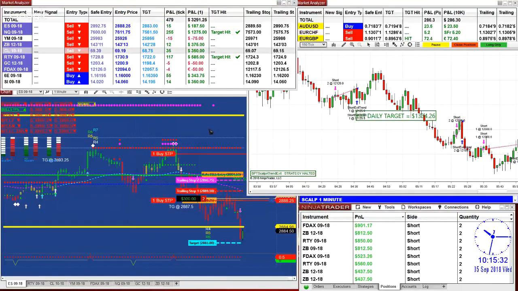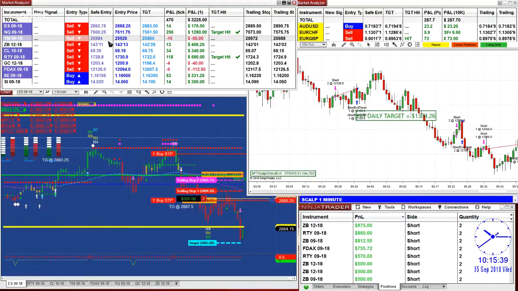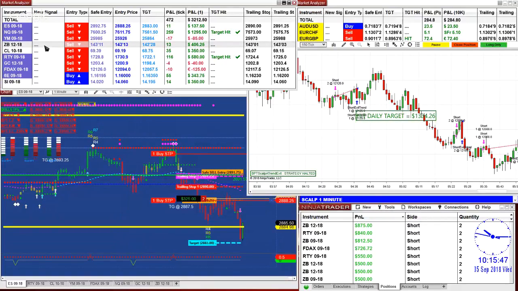Anyway, we had a new signal on the YM. Now the YM, ES, Nasdaq, they are in the same direction, but I'm still having a problem with the 30-year Treasury bond. If we look at the